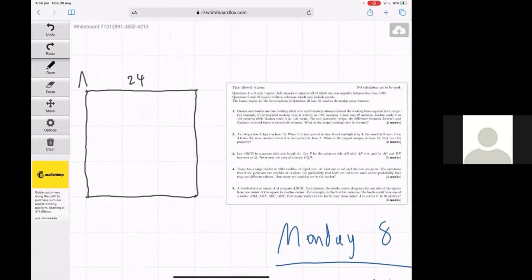Okay, and the square is A, B, C. Okay, let P be the point on side AB with AP equal to 8. So it's a third of the way through. This is 8. This is P. And let AC and DP